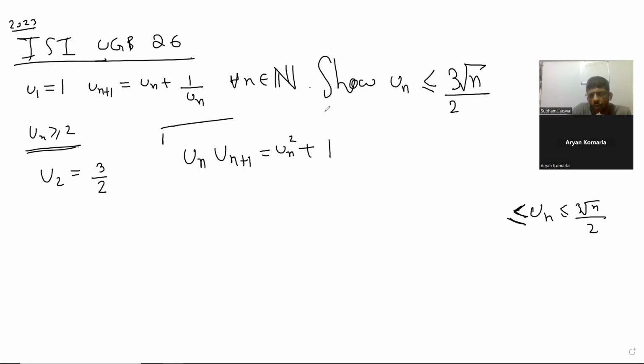Yeah, because you will need a lower bound to give an upper bound for 1 by un. And a constant lower bound will never work. So you can think of that. Is it root n maybe? Is root n always given? Right. So if un is bigger than root n, then